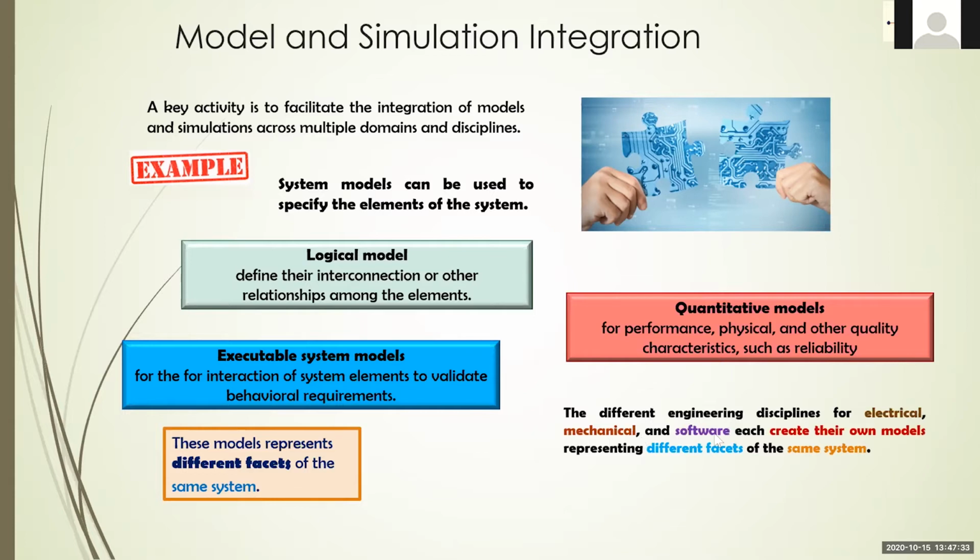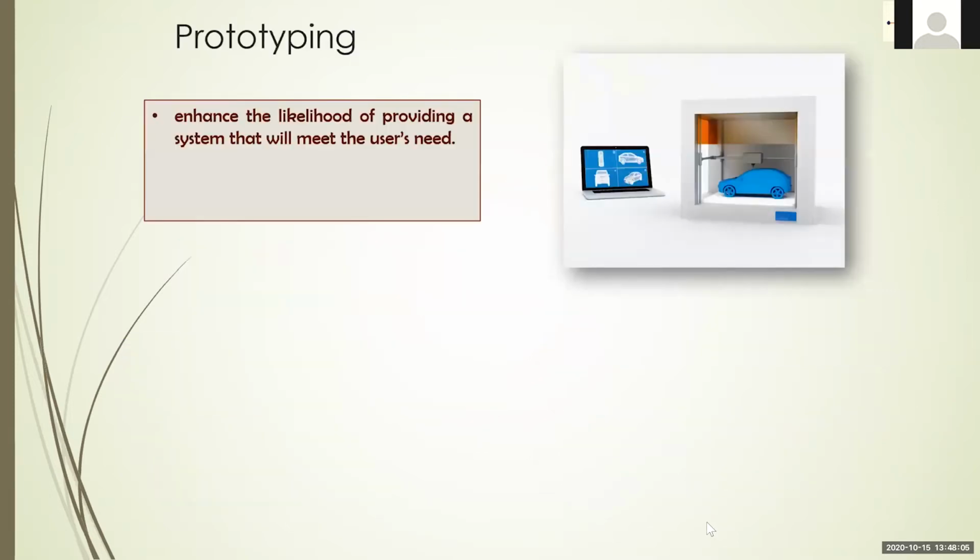So with different engineering disciplines, the electrical people will use their models, mechanical their models, software their models, okay? And each one of the disciplines, within each one of the phases of the development, may also use different types of models. So at the end, we must integrate those models and ensure cohesion and consistency for those models in our solution, okay?